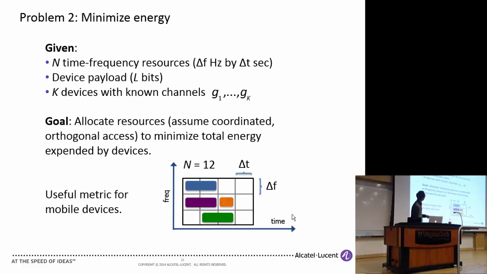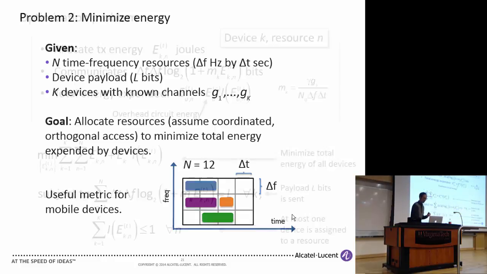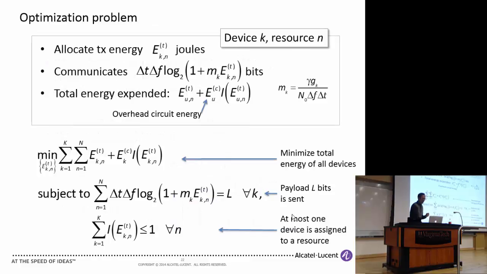And we want to allocate resources in an orthogonal way. So for a given resource, we restrict ourselves to having at most 1 device per resource. And you could look at something more sophisticated where you have users sharing resources, but that's an extension that someone else can do. Okay, so the optimization problem is, let's look at a particular resource